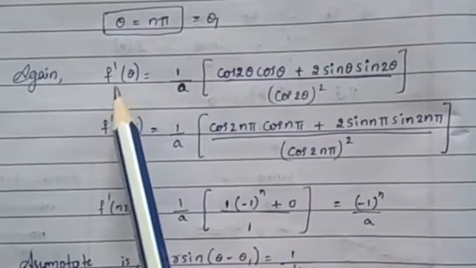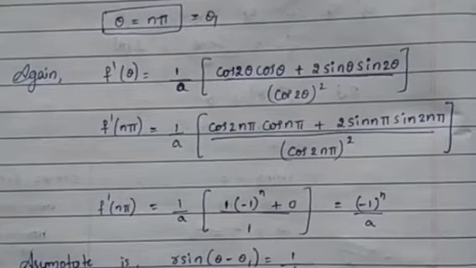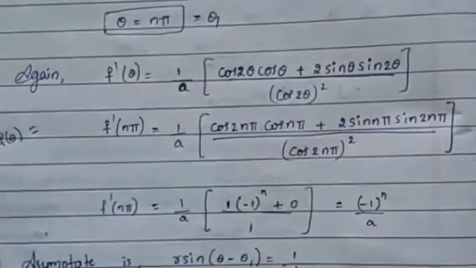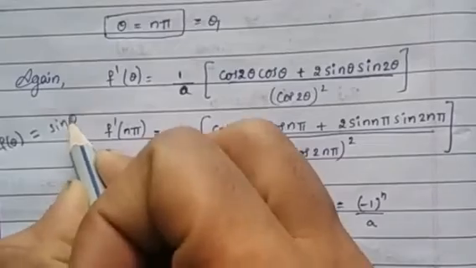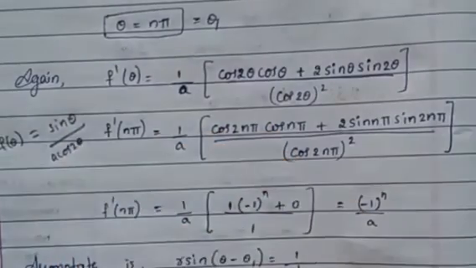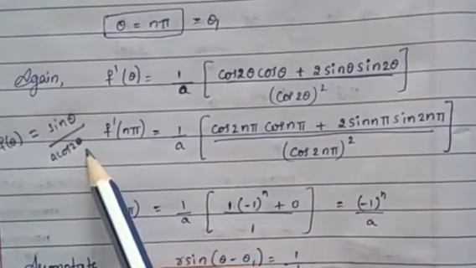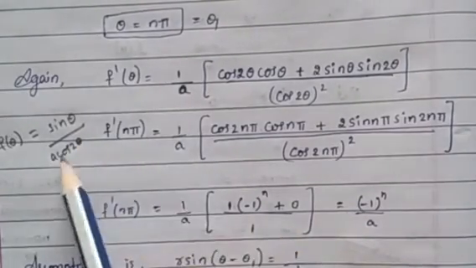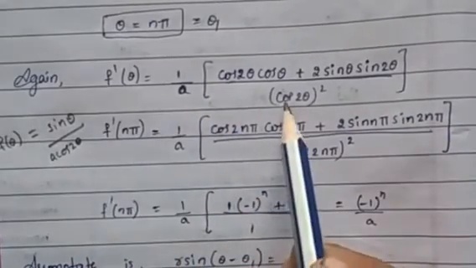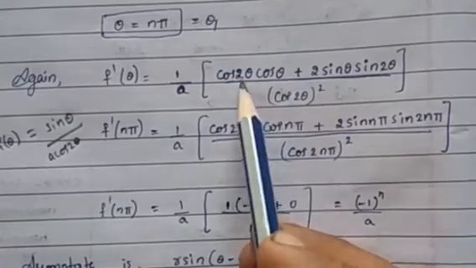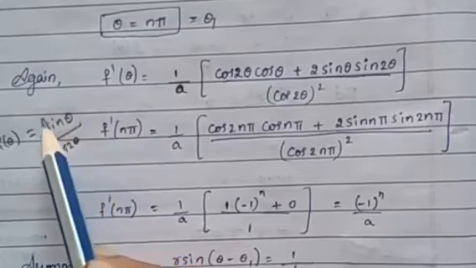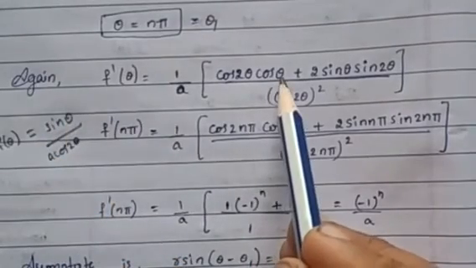Again we find f dash of theta. What is f of theta? F of theta which is equal to sin theta by a cos 2 theta. It is of the form u by v. So 1 by a is constant, outside I will write it. First v square, cos 2 theta whole square. Next cos 2 theta is as it is, differentiation of sin theta. Sin theta differentiation is cos theta